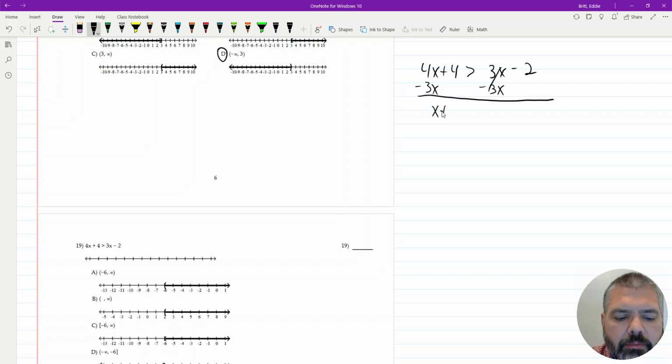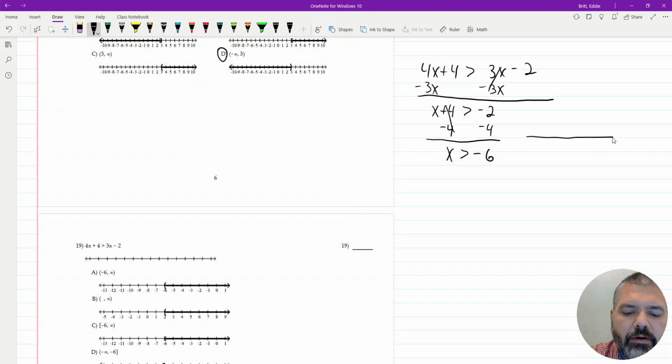So I have x plus 4 is greater than negative 2. And then to get this x by itself, I'm going to subtract 4 from both sides. So I have x is greater than negative 6. All right, if I want to draw that on a number line,